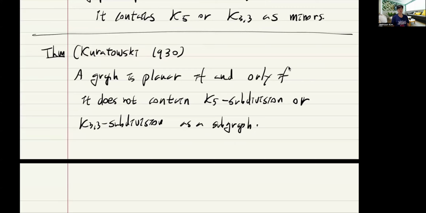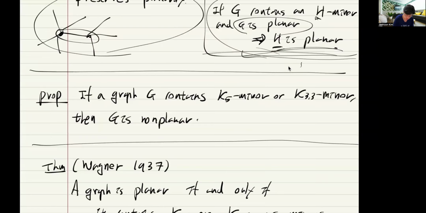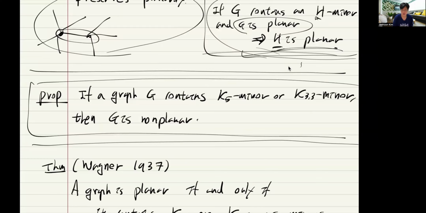One thing you can easily check is that if you have a graph which is a K5 subdivision, it is a K5 minor. In general, if you have an H subdivision, it is an H minor. But the converse is not true. There is an H minor which is not an H subdivision. It's easy to check. So in that way, this direction is obvious,